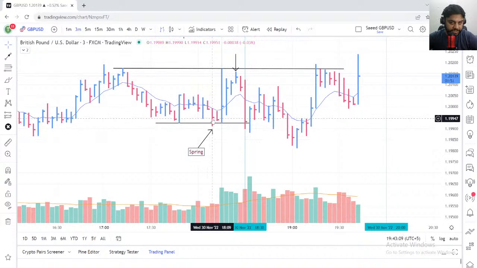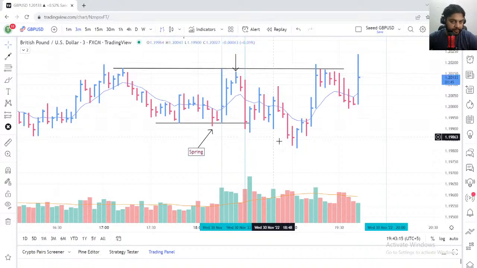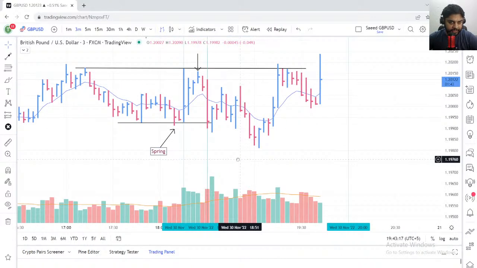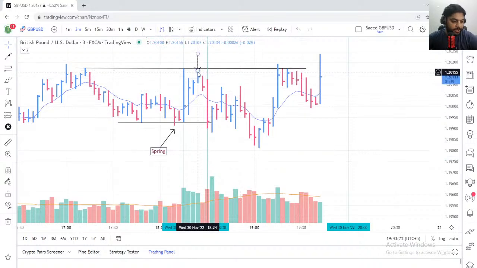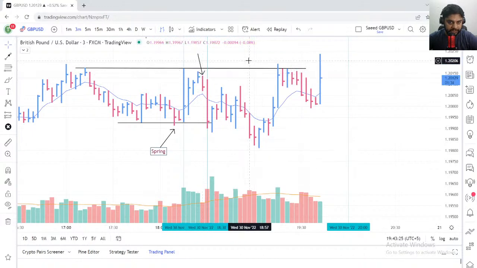So what I did was I put my trade over here and the TP got hit at the news bar. It was amazing, it was wonderful. And then the market went up, but the steam of the market was going out. So I was able to short not over here, but over here.